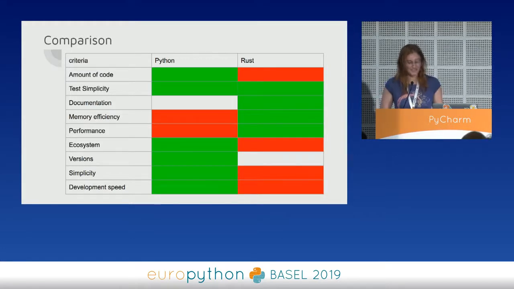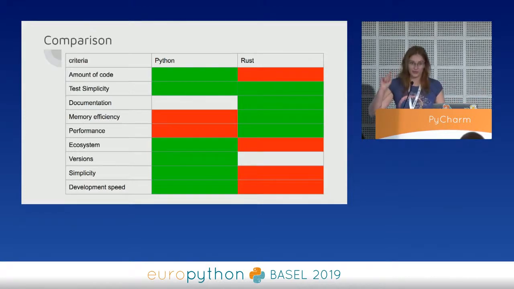Documentation, I would have said that it's good in both cases, but Rust has one killer feature for me, which is you can have offline documentation served on your local server, for instance, an HTTP Python server, accessible offline if you have it cached with your cargo. So you can build your project and you have it offline. Doesn't matter whether you have internet or not, which is, as far as I know, not the case for Python. This is why for Python I left no mark or color for this one, and for Rust I said, yes, very good. Memory efficiency, duh. Performance, you saw it.